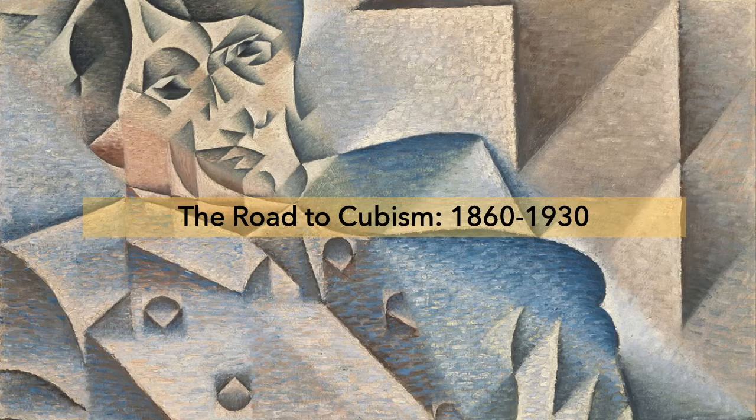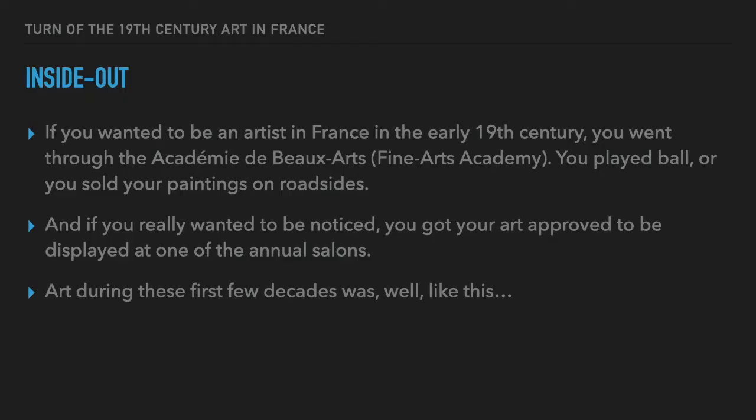So this little presentation is called The Road to Cubism, and we're going to look at some of the things that led up to the beginning of this art movement in the 20th century, and specifically how the weirder side of art came about. I don't know if you've ever wondered this, looking at some of the more abstract paintings. We've all at some point wondered, why would someone paint this way? You know, you don't want to paint a book or something that someone can recognize. You just want to throw stuff on a canvas. Like, where did this come from? Well, this is supposed to illustrate sort of where this came from.